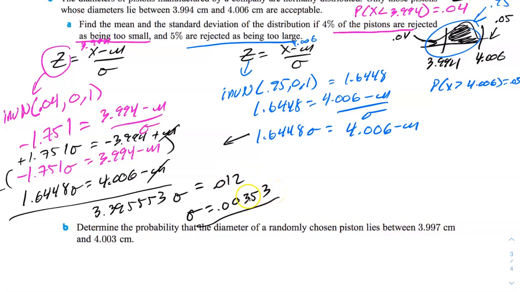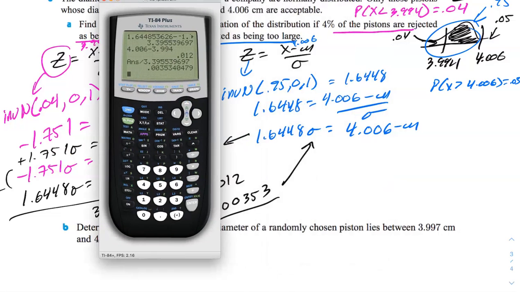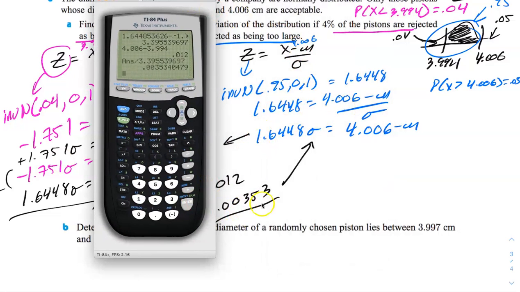Now that's sigma, I have to find mu. Remember, the way you do that is you plug it back in. So I'm going to take this, multiply by that, and then subtract that from 4.006. I'll use the calculator. Look, we have it. Multiply that by 0.00353, and I get this. So this is like 0.005806